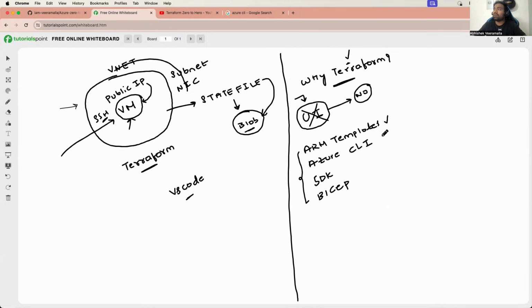Now, how about all of these things which are pretty cool, right? So if you look at Bicep, which is a pretty advanced Azure resource which can automate things on Azure. Then if you are good with programming, you can also use the SDK, or you can use the CLI and templates. A very straightforward answer to this is, as a DevOps engineer, let's say you are working in